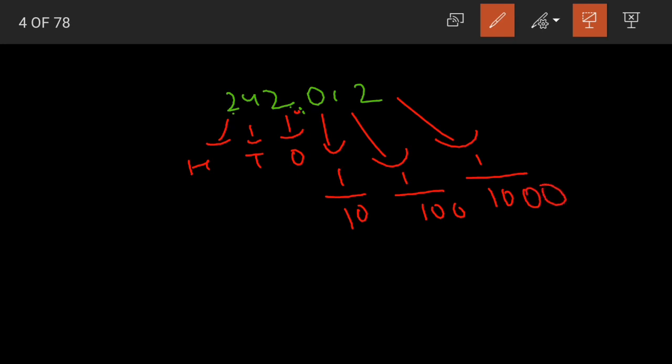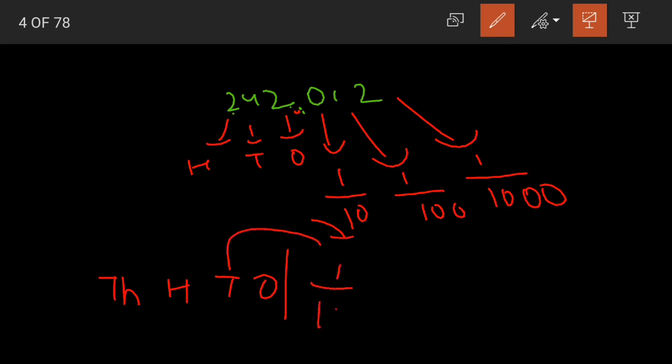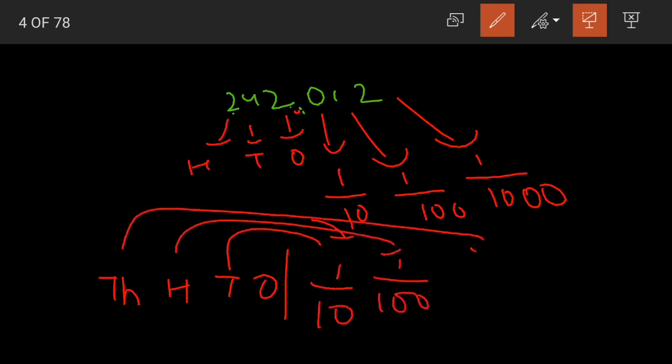Okay, see, before the decimal point what do we have? Ones, tens, hundreds, thousands. After the decimal point, that is to the right side of the decimal point, we do not have ones, tens, hundreds. We start from 1 by 10, then we have 1 by 100, then we have 1 by 1000. There is no ones here. We start from 1 by 10, 1 by 100 and 1 by 1000. And what is another important point to remember?